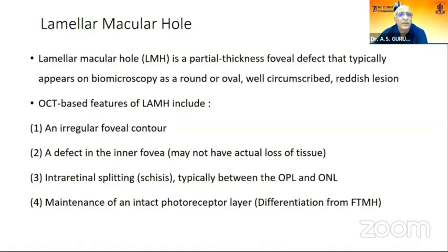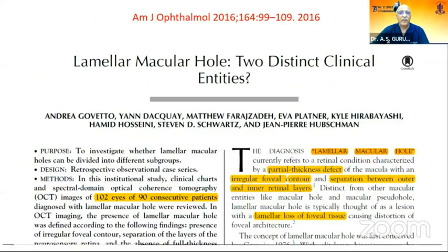Lamellar hole is something which is a partial thickness foveal defect that typically appears on retinal biomicroscopy as a round or oval lesion. It has an irregular contour, a defect in the inner fovea only, and the height of the retina may not be affected. There's always an outer retinal layer intact, and intraretinal splitting can sometimes occur,